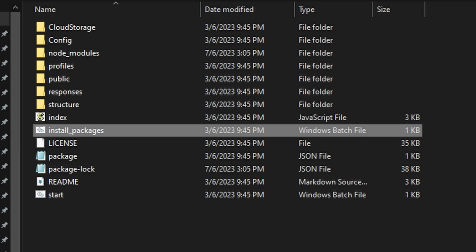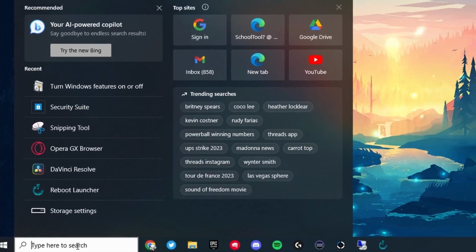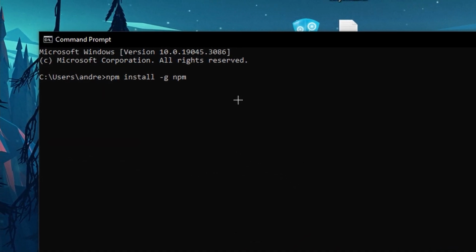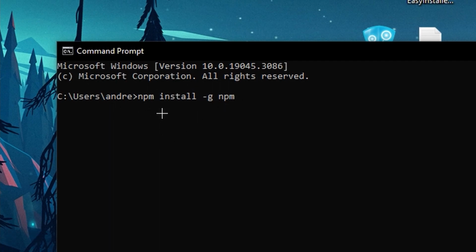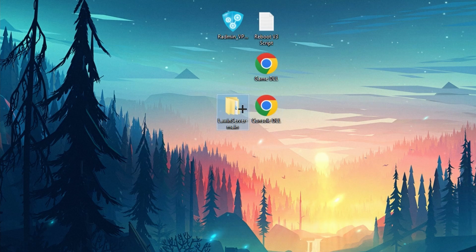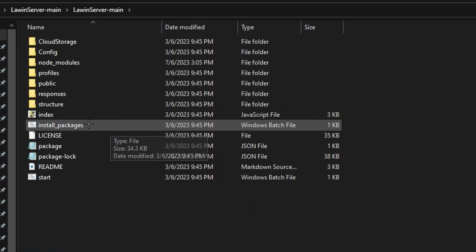If it does not close out, and it's saying something with npm, and it's giving you an npm error, go ahead and follow this tutorial right here. Open up the search bar, type in command prompt, and open this application. From here, paste in this, it should be in the description, or manually type it out. From here, just click enter. Now that should install. You can go back to login server, go back to here, and then click install packages